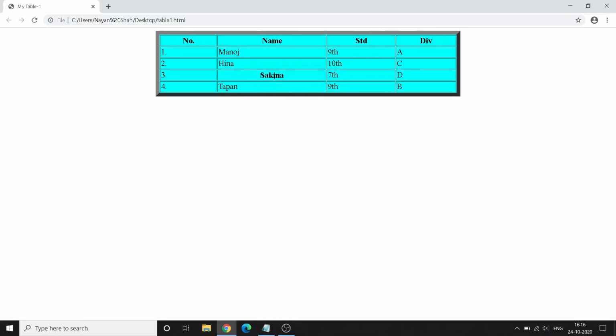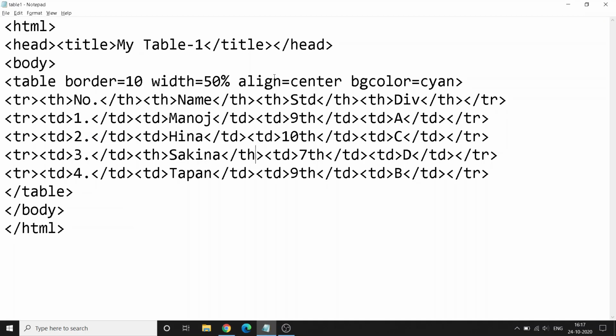So now you understand that when you use TH, it is the same as TD. The only difference is the content would be center aligned and bold. Generally, it is used for the heading row. So that is the difference between TH and TD, table header and table data.